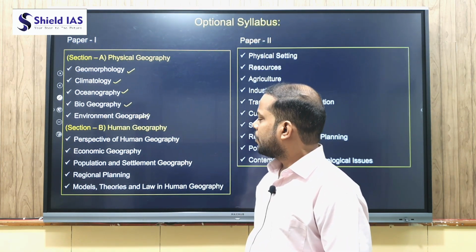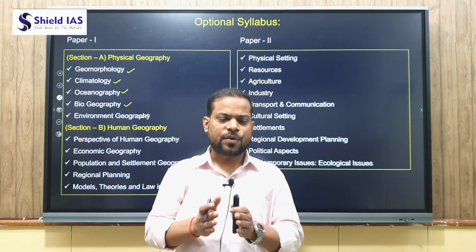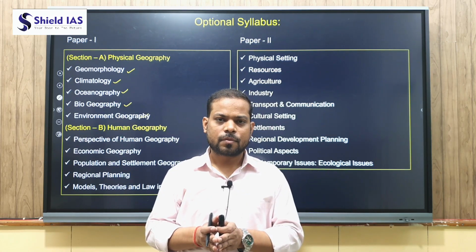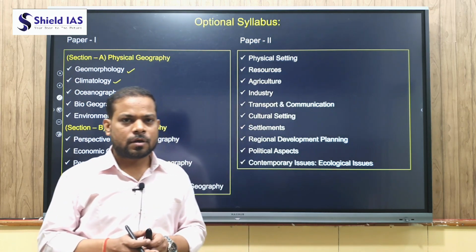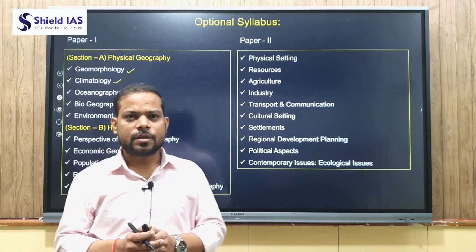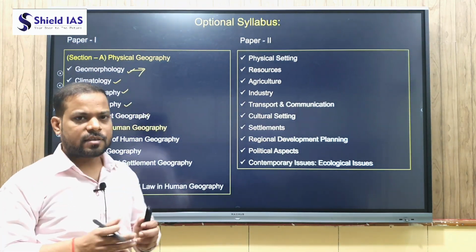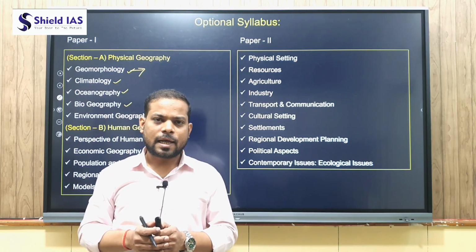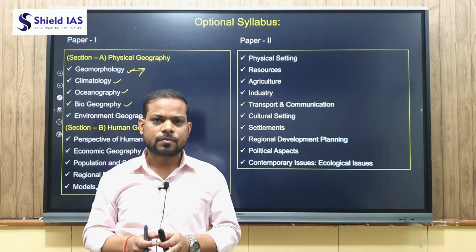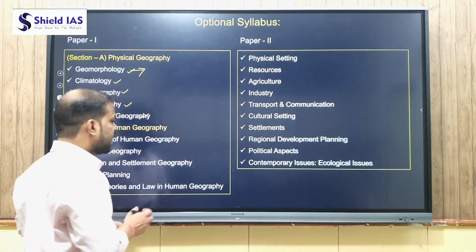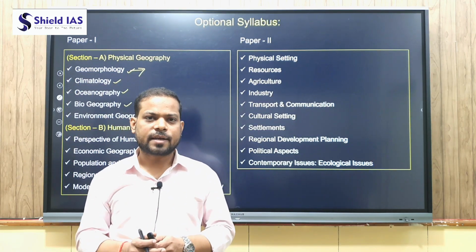In geomorphology, we would discuss the origin and evolution of landforms. Under that, we'll discuss various theories given by different geographers like the Laplace and Kant theories. Then we'll discuss the Malthusian theory, and in geomorphology we will discuss the internal structure of Earth, theories given by L.C. King, the Davis-Penck theory, Earth movements and landforms. Then we'll discuss the continental drift theory, plate tectonic theory, slope development, fundamentals of geomagnetism, etc.